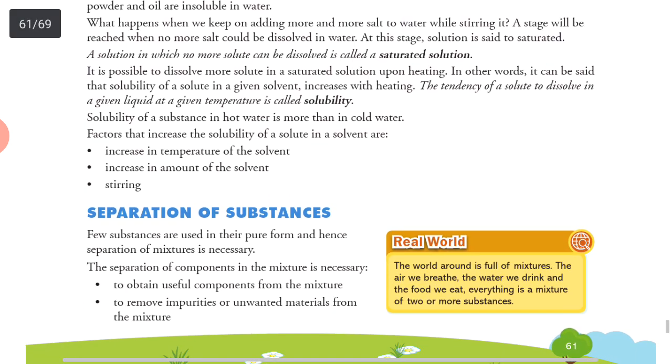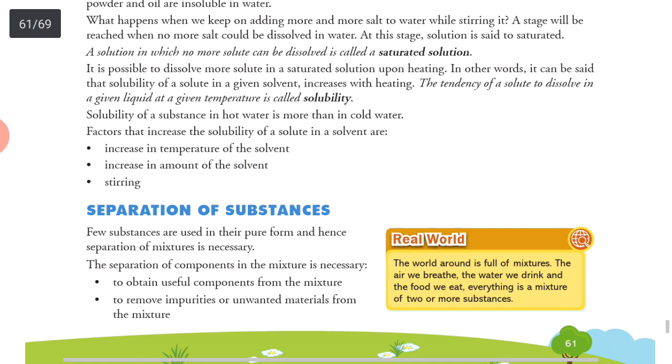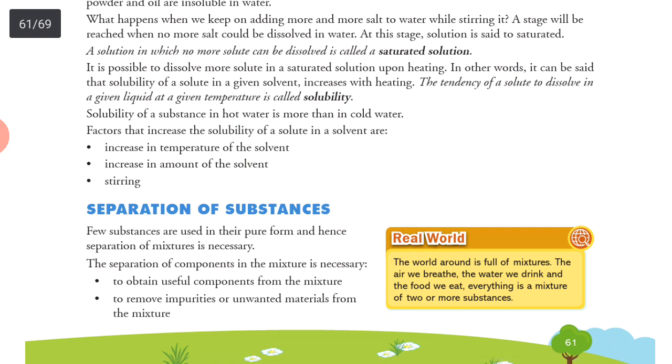How will we separate one substance from another? Few substances are used in their pure form, and hence separation of a mixture is necessary. The separation of components in a mixture is necessary to obtain useful components from the mixture, to remove